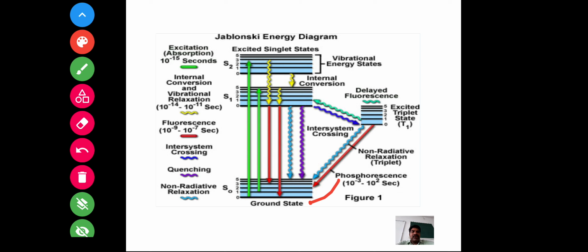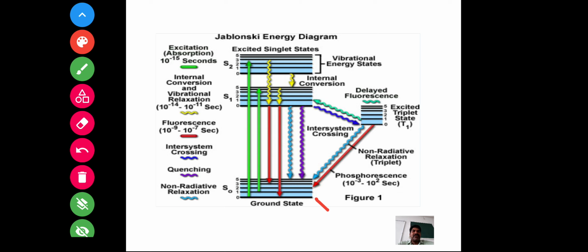So, each singlet electronic energy level may be represented by S0, and these bold lines are vibrational energy levels, and the blue color filled in the lines is representing the rotational energy levels. So, S0 represents ground state, S1 represents